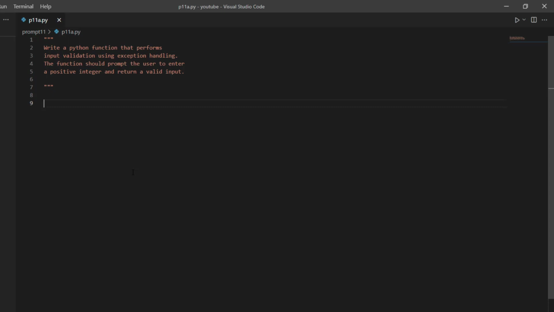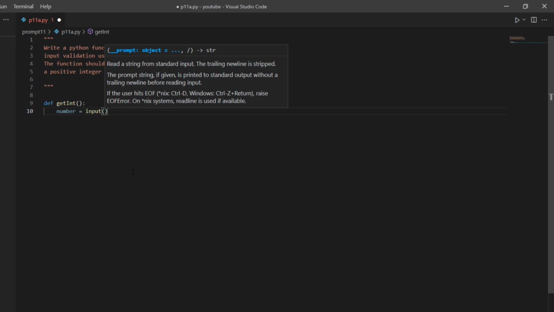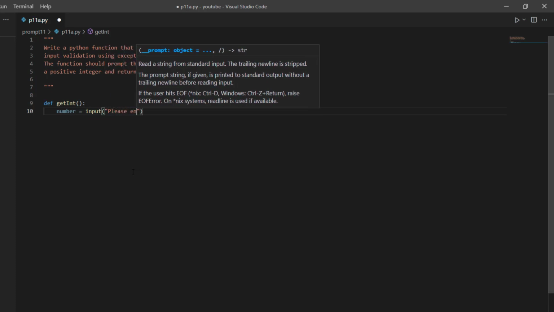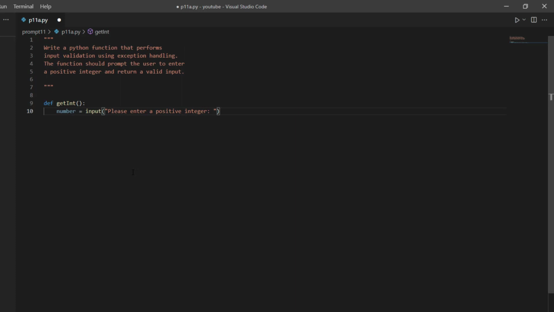So let's get started. To begin with, I'm going to define a function, and I can call this getInt, that will ask the user to enter in a positive integer. And so I'm going to create a variable called number that will call the input function, and we pass in a prompt: "Please enter a positive integer:"